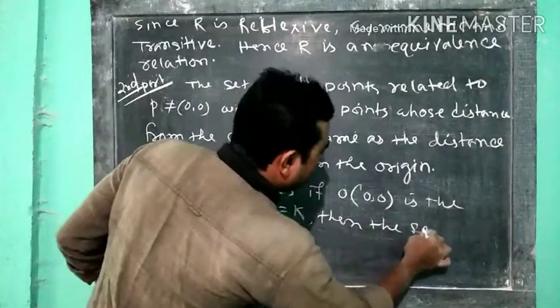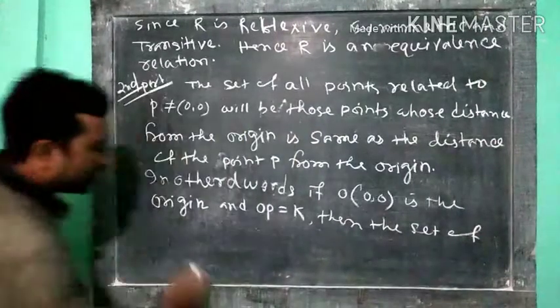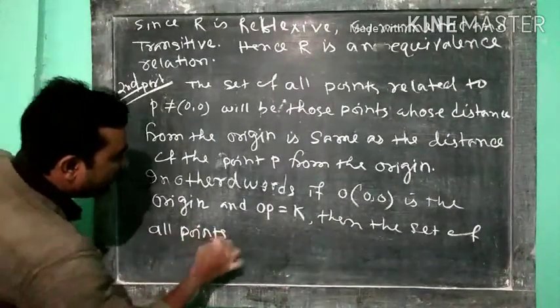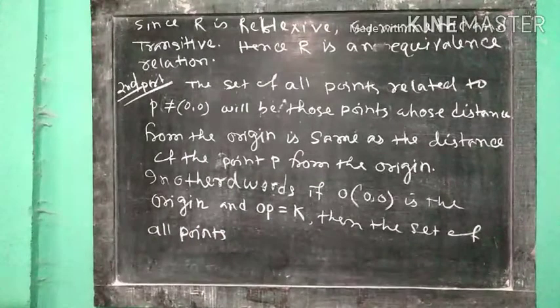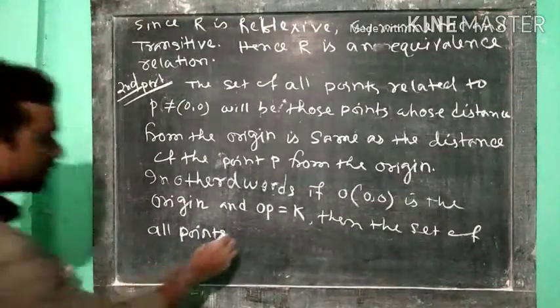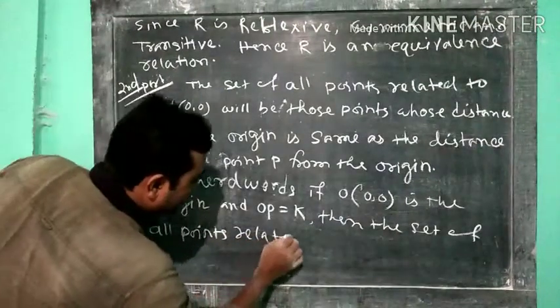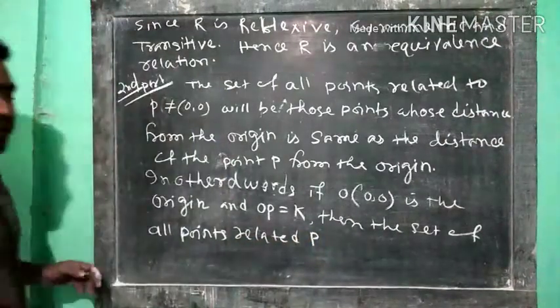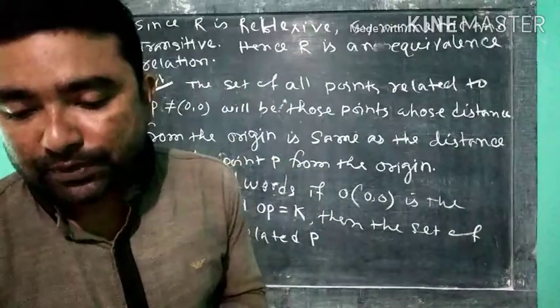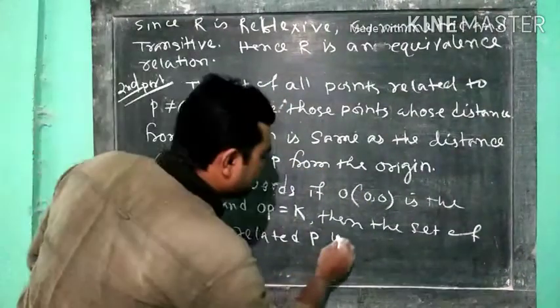The set of all points related to P. Related to P, what do we have to look at here? Related to P is a distance